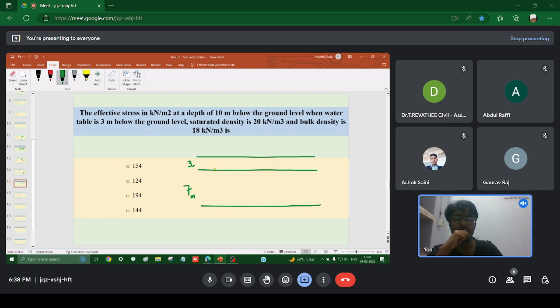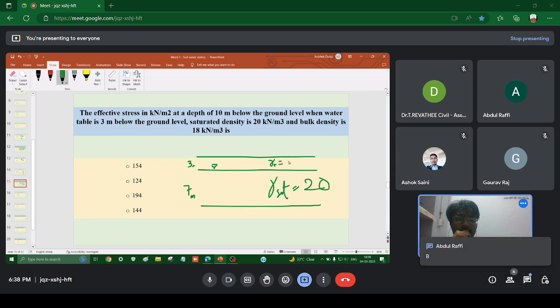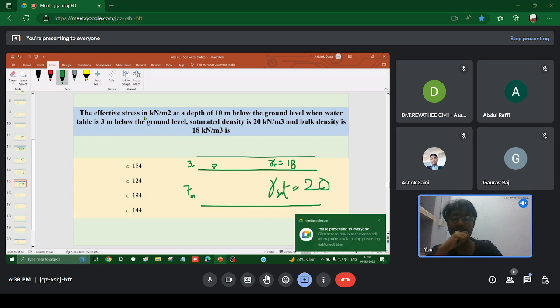Saturated density, this is the water table. So saturated density gamma sat over here is 20 and bulk density gamma T here is 18. B 124. Okay, let's see. So what will be the effective stress at this position? This is suppose sigma dash. So sigma dash equal to,